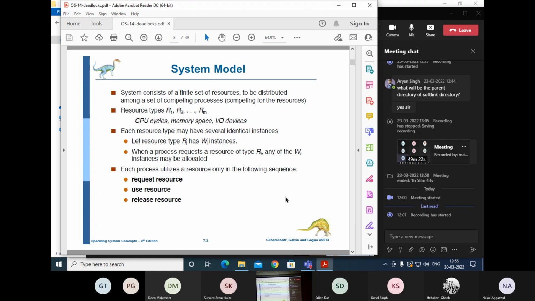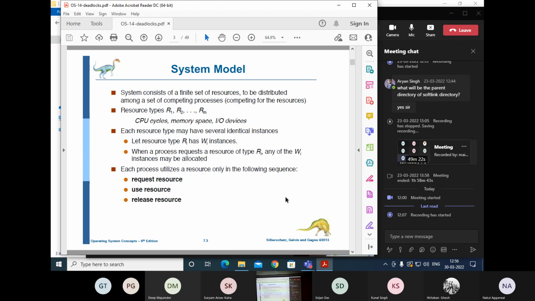these resources. Now, one assumption we make is that each resource type may have several identical instances. Say if you have resource type i, which has Wi instances. Some resource types may have just one instance, or some other resource types may have multiple instances. So when a process requests a particular type of resource, any one of the instances of that type can